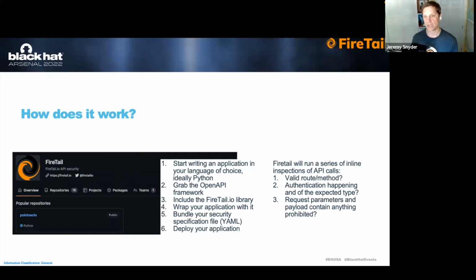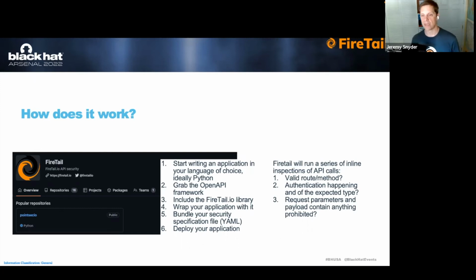But it sits in line, and then what it does is it does a set of logical evaluations that pass-fail any API request. So the first thing is, reading out of that Swagger manifest, we understand the routes and methods associated with your API. And as a request comes in, we check, hey, where is this destined for? Is it using the right method? If not, let's fail it with either a 404 or the appropriate 40x error message for wrong method. I can't remember it off the top of my head.